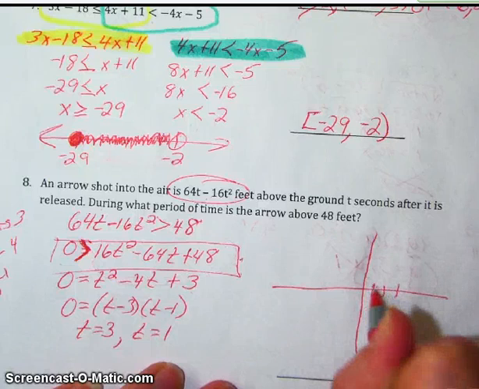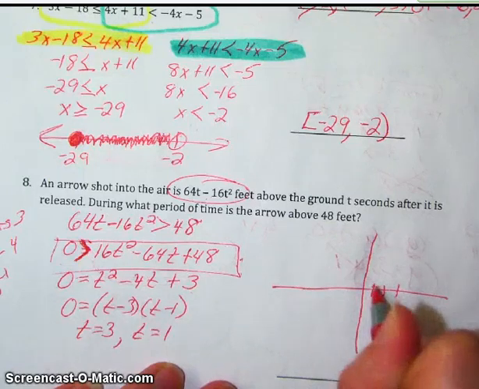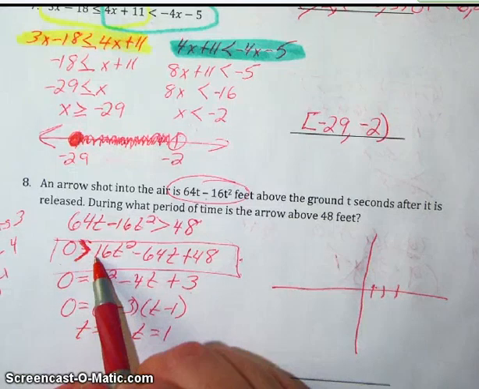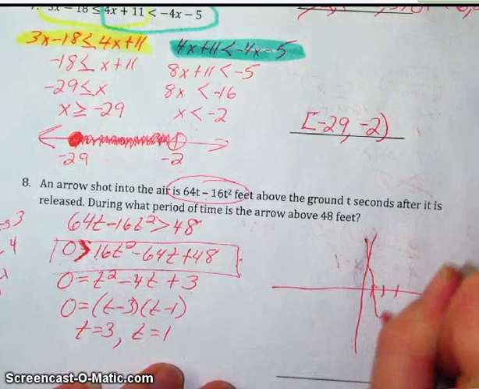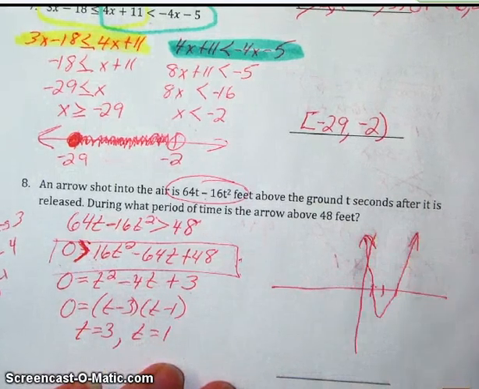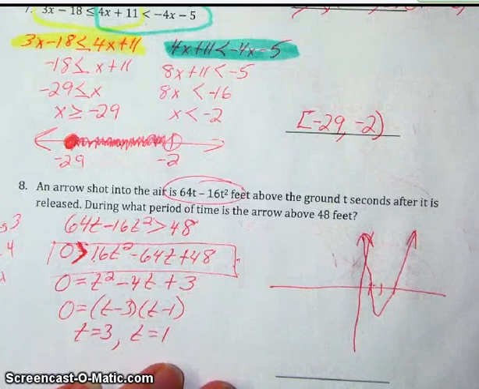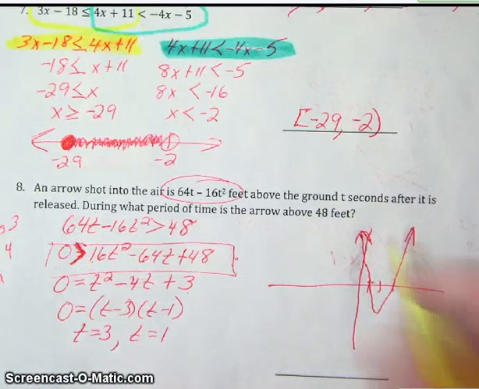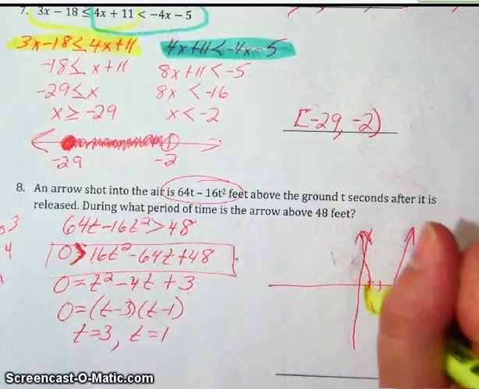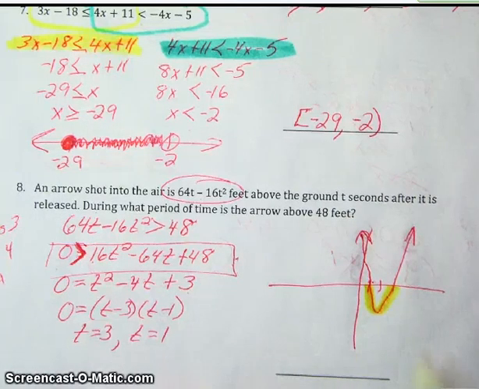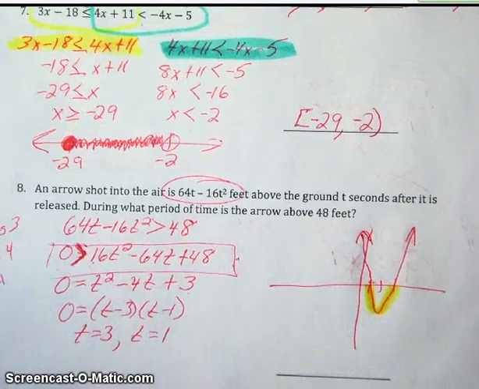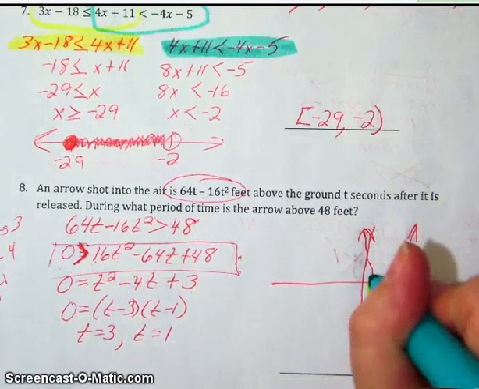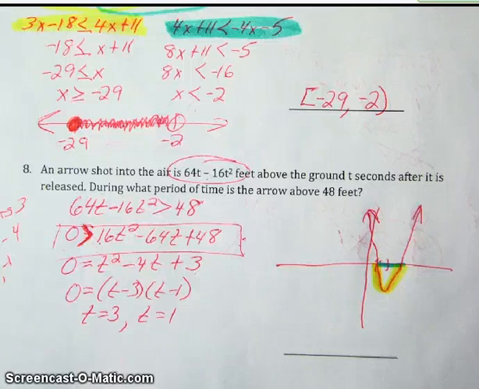So I've got open circles. Well, never mind. This is just the parabola I'm graphing. This is concave up the way I manipulated it. Okay, and so now I am looking for everything that is less than 0. Okay, so what are the x values that give you those y's that are less than 0? Well, those are the ones between 1 and